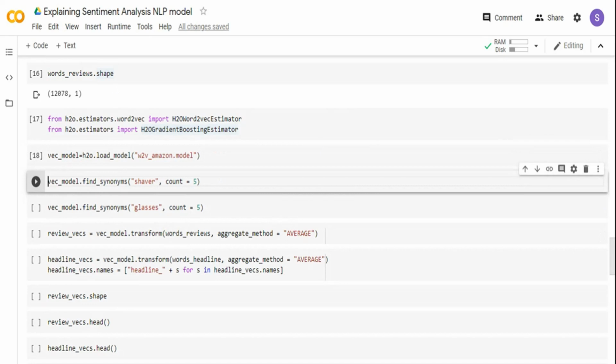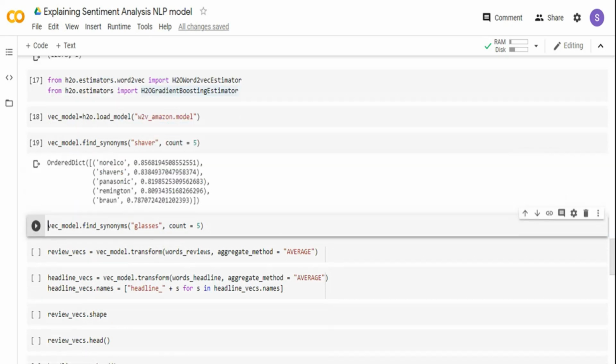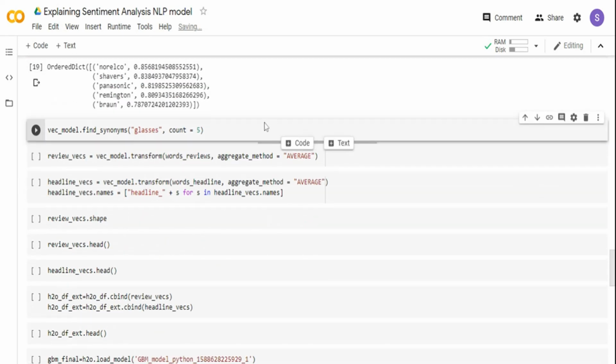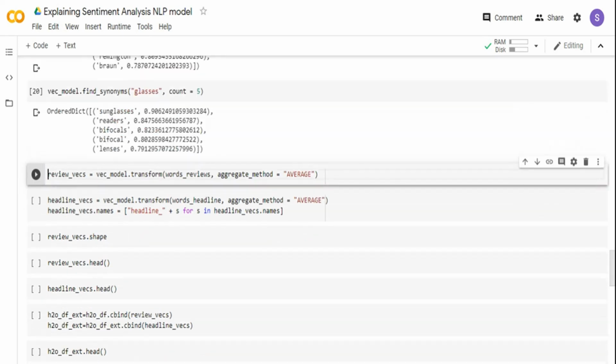I saw that 'shaver' was one of the words, so let me find the synonyms for it. It's finding Norelco, which is a kind of shaver that is available, Panasonic, Remington, Braun. These are all brands of shavers, so it's finding the closest synonyms for that shaver object. Similarly, I'm also checking for glasses, and you can see it's bifocals, lenses, reader.